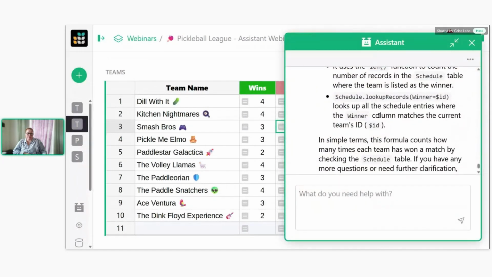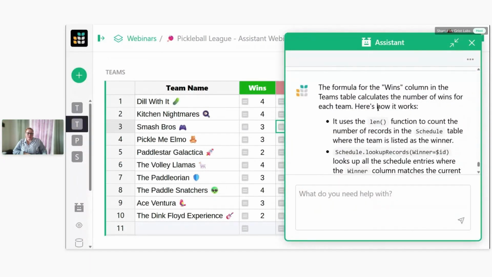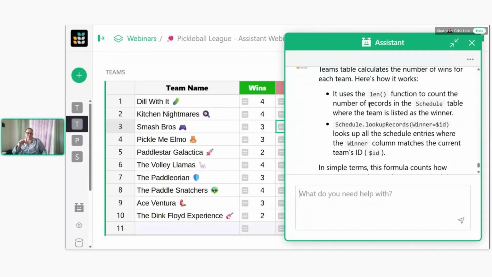So we can see more of it. The formula for the wins column calculates the number of wins for each team. Yep. And here's how it works. It uses the len function to count the number of records in the schedule table where the team is listed as the winner. And this is where we actually look up the schedule entries where the winner column matches the current team's